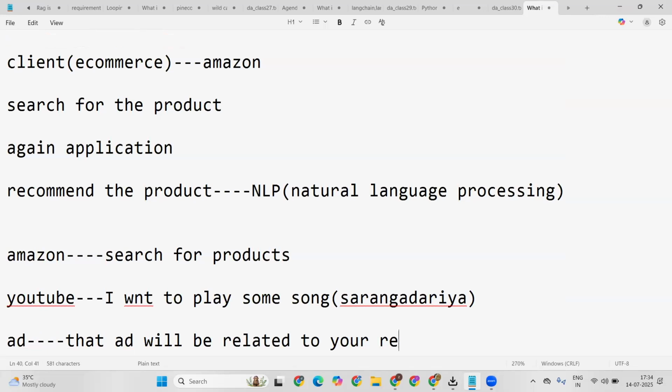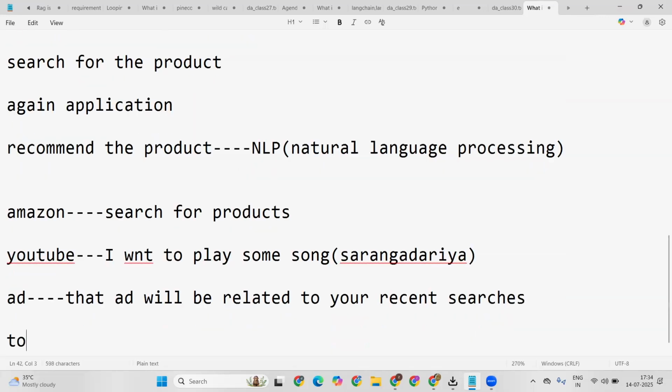to your recent searches. What you searched in Amazon, you searched for some kurtis. So whenever you open YouTube and want to watch some songs, in between you will get the ad, right? That ad will be related to your particular search history. Why exactly does this happen? To influence you. Why is it influencing? Because for